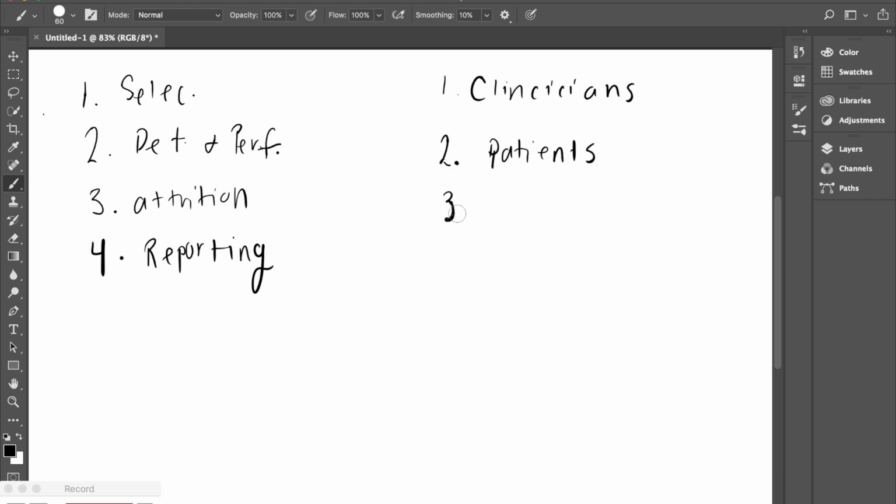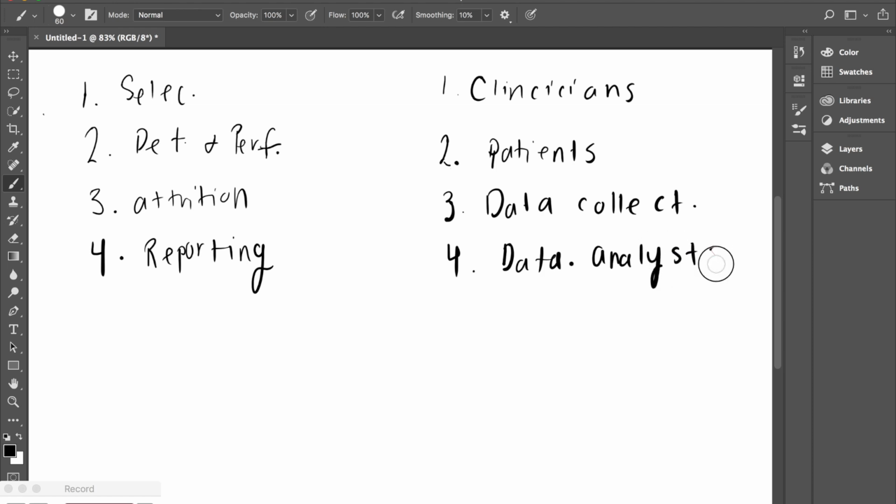And we'd like to make sure that we've blinded data collectors. And we'd like to make sure that we blinded data analysts. Okay? So the reason we want to blind clinicians, well, a clinician who is performing a certain intervention but knows